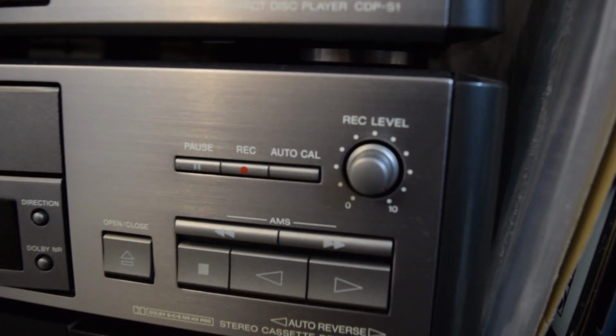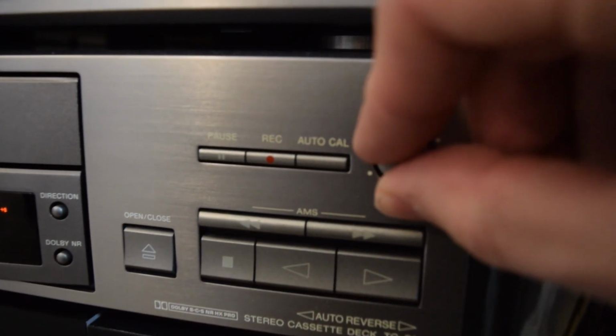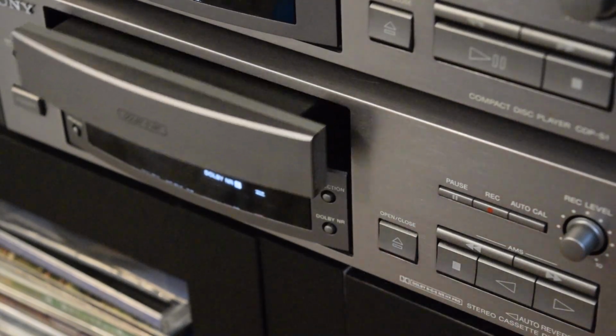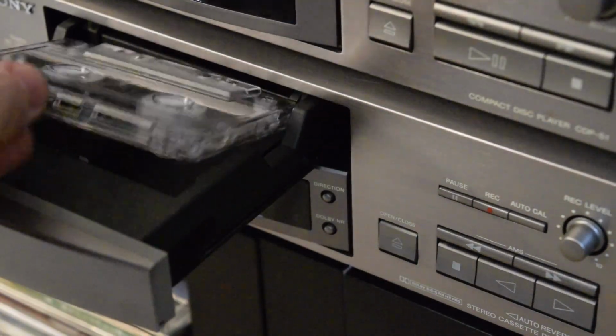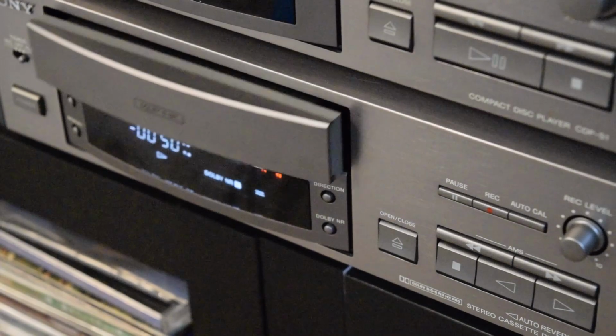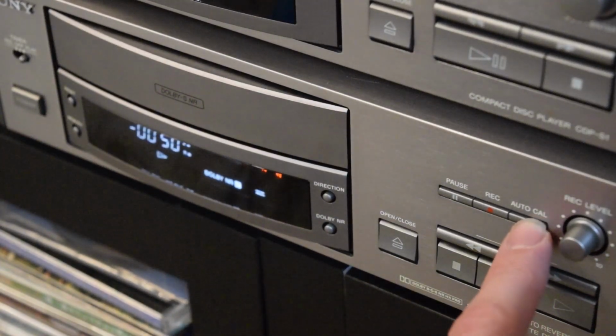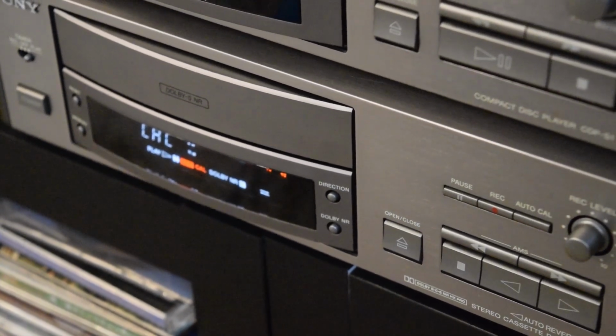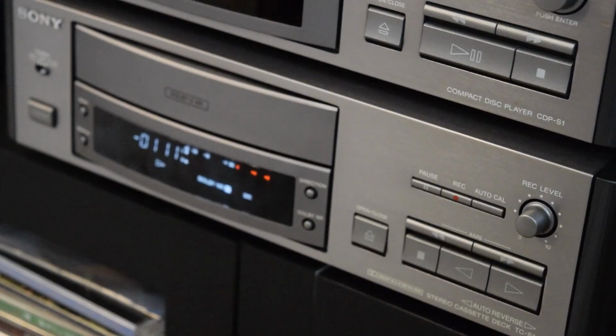The tape deck is interesting though, and of course this was the reason it was featured in that previously mentioned Techmoan video. It's quite a high-end piece of kit. It has Dolby S built in. That was some of the most cutting-edge technology available towards the end of the cassette era. It also has this auto calibration that you can see here, which is a fancy piece of tech that kind of records and plays back onto the cassette tape and analyzes it so you can record it at the optimum